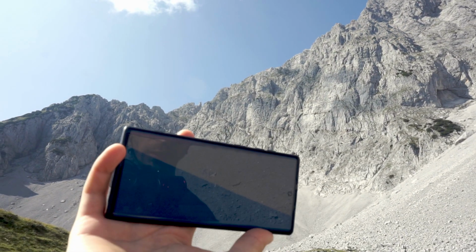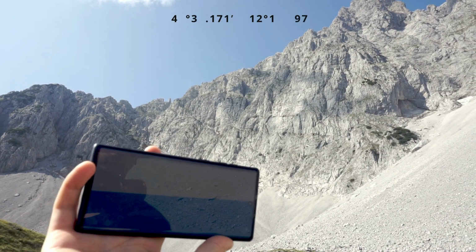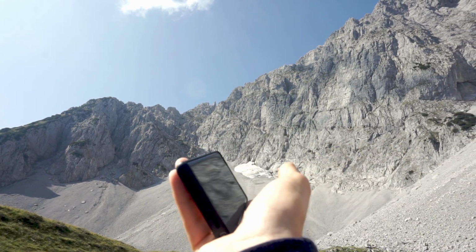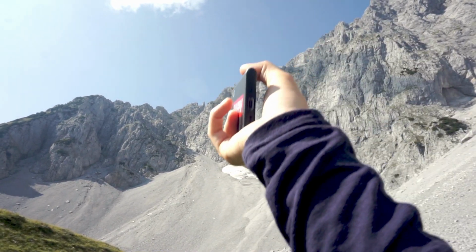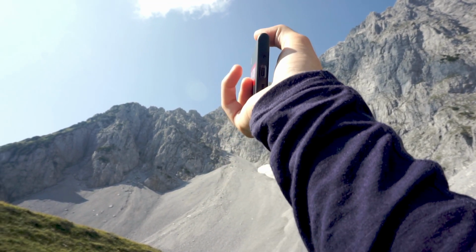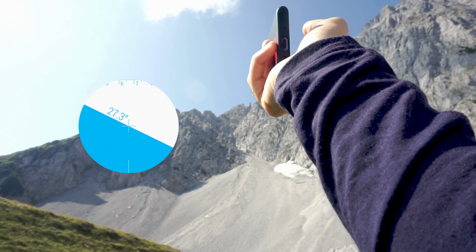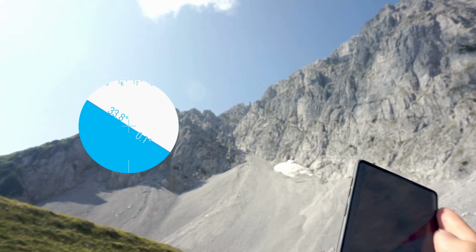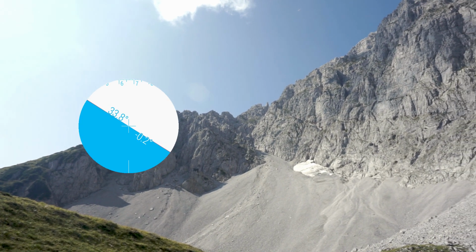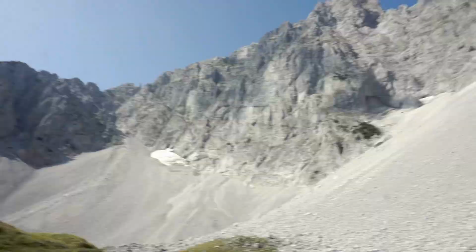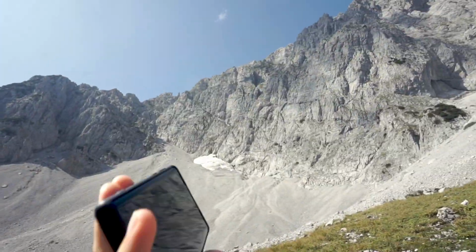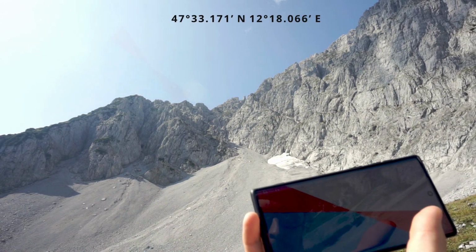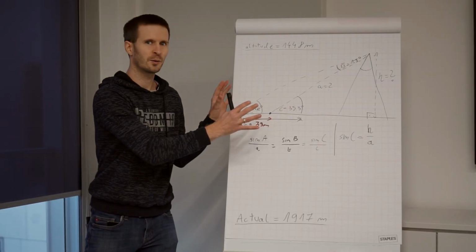So I have an application here which tells me at what angle I am looking at. Right now I have to just point it in the direction of the mountain, and I will try to look into this point there by having a straight line through the phone to it. Then I have to just stop, and I have a reading of 33.8. Done. And here we have 35.3 degrees.